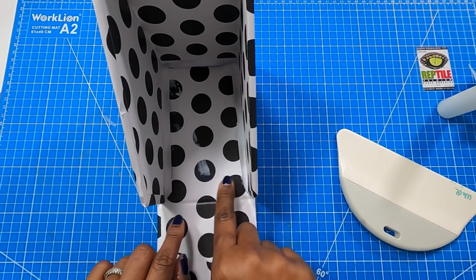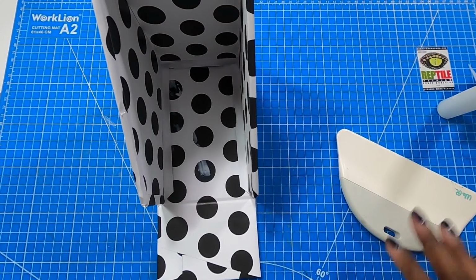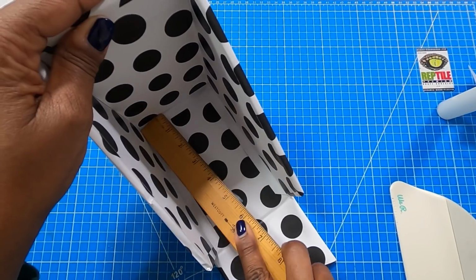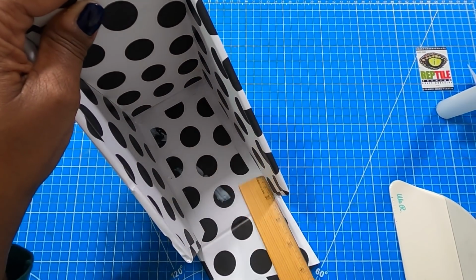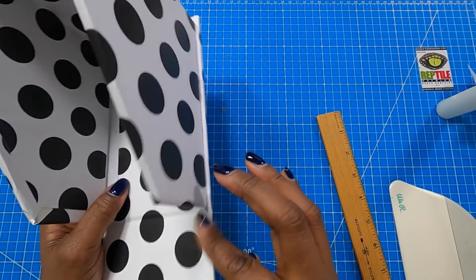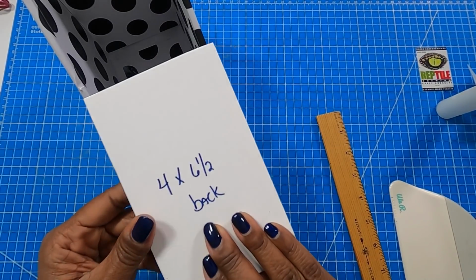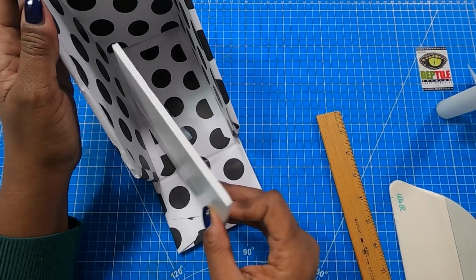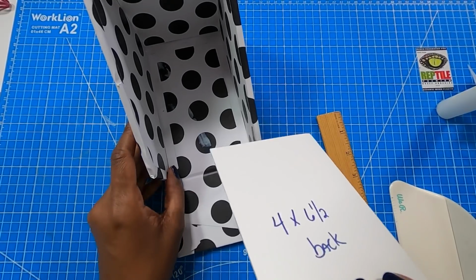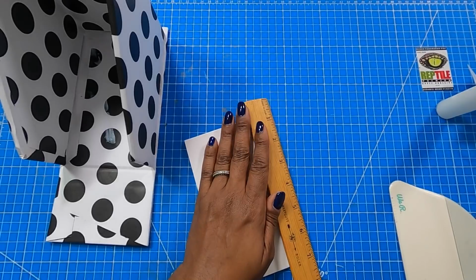And so guys, when I slid it over, I got some glue on the inside. Don't worry about that because we're going to be putting down a reinforcement piece anyway, so you don't have to worry. And I'm going to use my ruler to go in and get that nice and stuck. So now that we have our base down, we're going to go ahead and add this piece, which measures 4 by 6.5. Again, you need to do your test fit to make sure that it's going to slide in very easily. Mine needs to be trimmed just a little bit, so I'll start